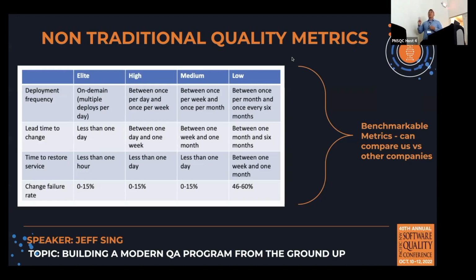So the two things that I like to look at: change failure rate, obviously. Change failure rate is the deployment frequency versus the times you have to roll back or have an incident. That tells me overall health, how we're doing, and that's not just bugs, it's the system. The other one is mean time to restore service. You have a bug, something went down, how fast can you get your customers happy?